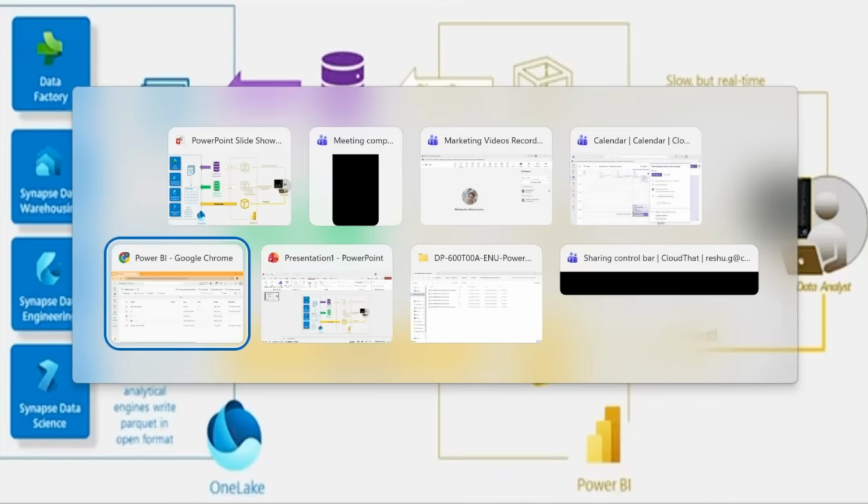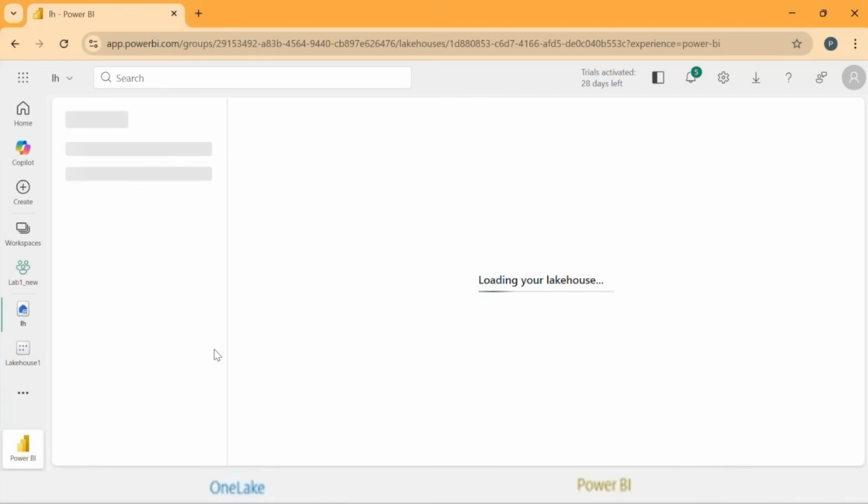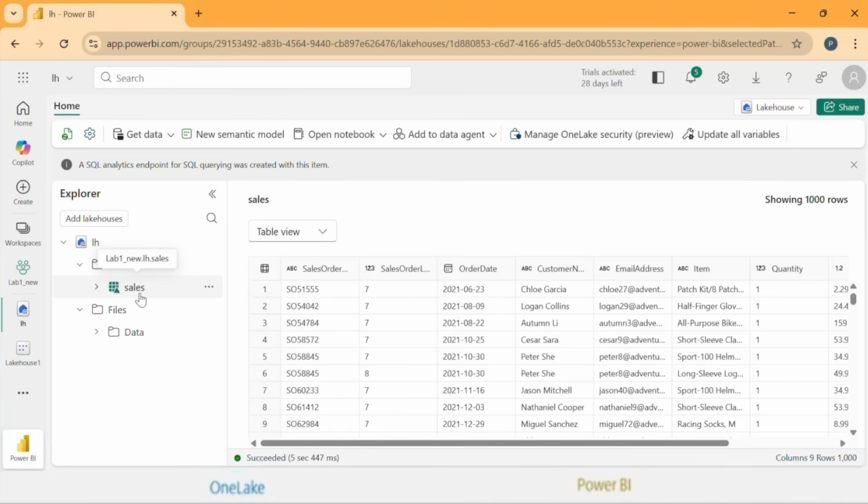Let's quickly jump up to one lake. Now, once you open up this lakehouse, this workspace has been created under the Fabric capacity. Once you open up this lakehouse, you have the data under delta tables.